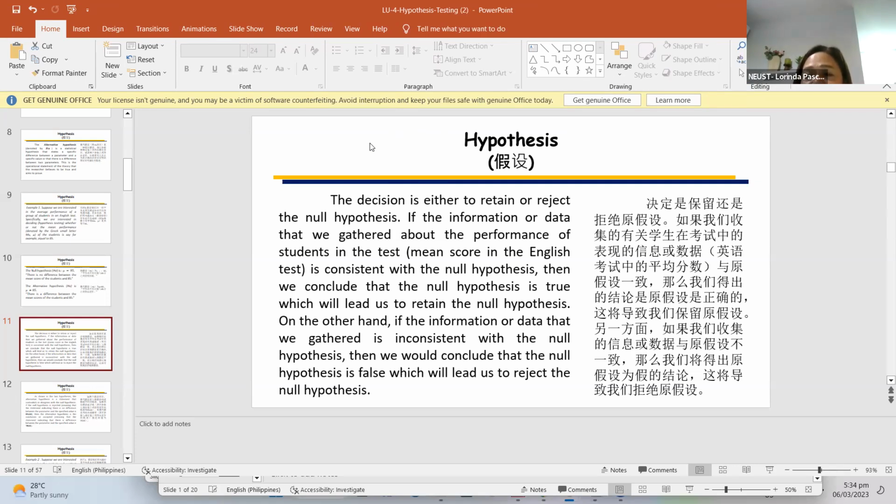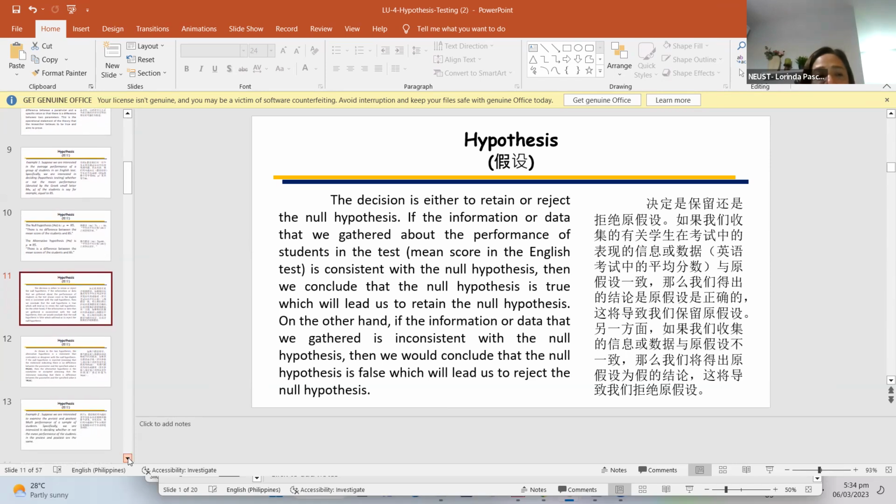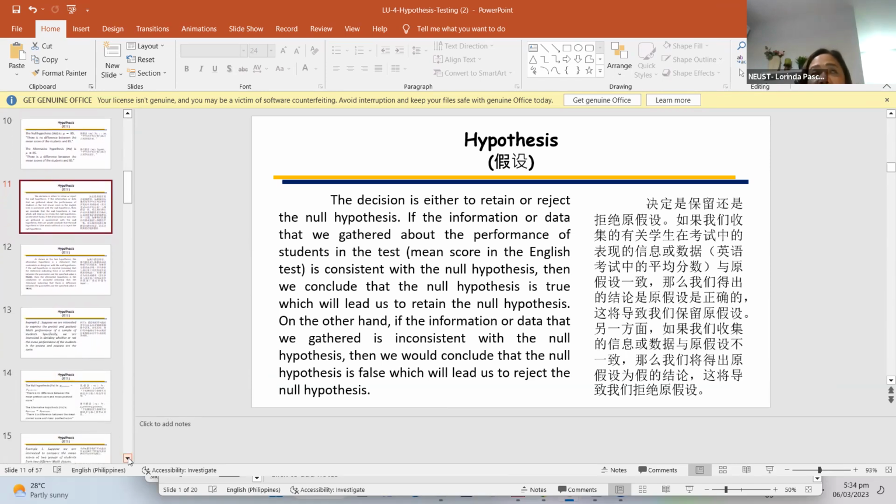So itong value na to, yun yung i-discuss natin. So the different parametric tests, how to decide whether to accept or retain the null hypothesis. So meron kang isang number na pagbabasihan nung decision mo na yon. So hindi pa natin siya itatakil ngayon, dun sa mga susunod pa nating lecture